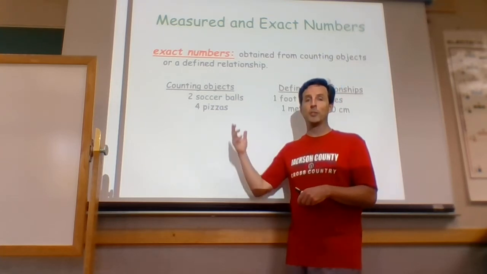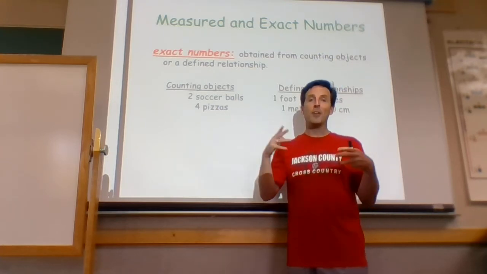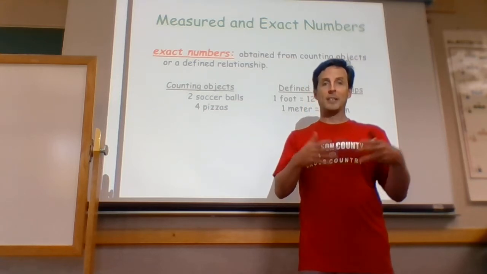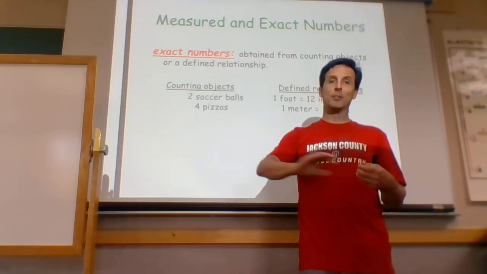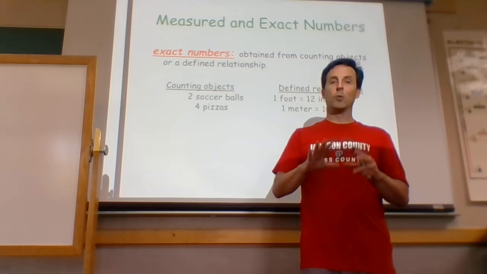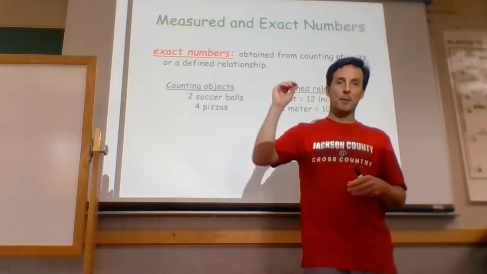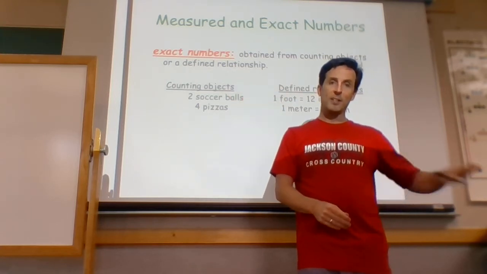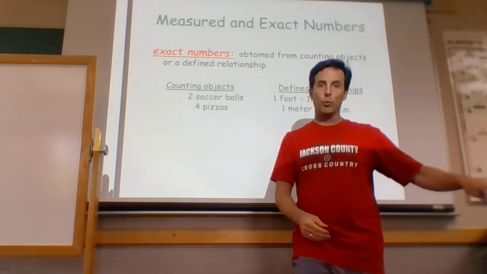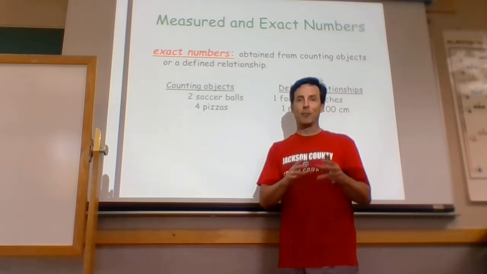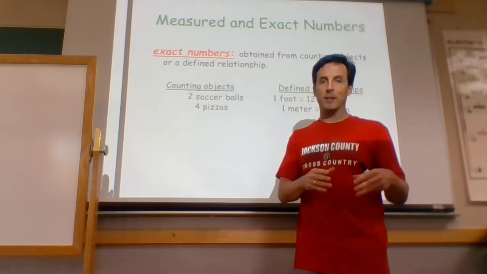So basically when I use those relationships, they are not going to be limited by significant figures. You can put as many zeros after the decimal as you want, so don't use exact numbers to limit your significant figures once we get into the next section where we're talking about the rules for sig figs. Okay? Exact relationships are unlimited in sig figs. Now,